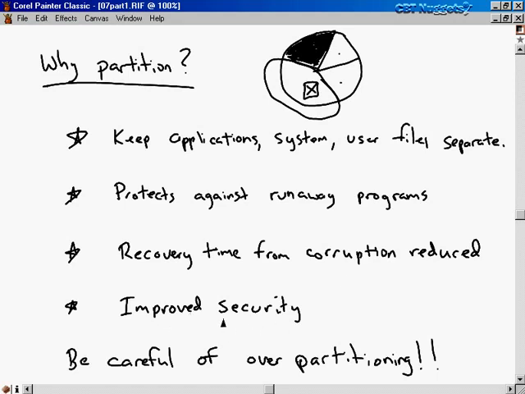Another reason we like to partition is for improved security. If this is the applications partition here, well, we can make that partition read-only. Okay, there's no reason that anybody, including system programs, need to write to the applications partition, and so by making it read-only, we're adding an extra level of security to our system, so we know the applications aren't going to